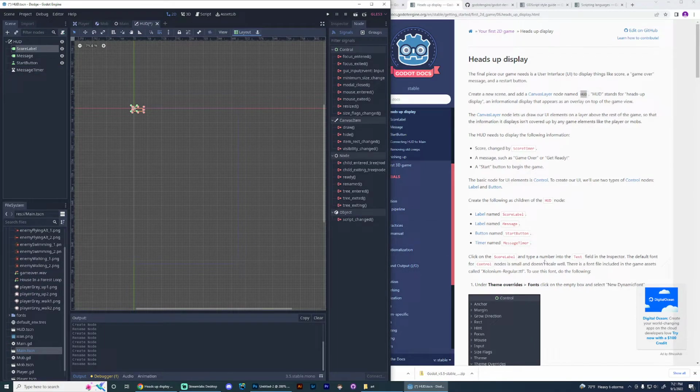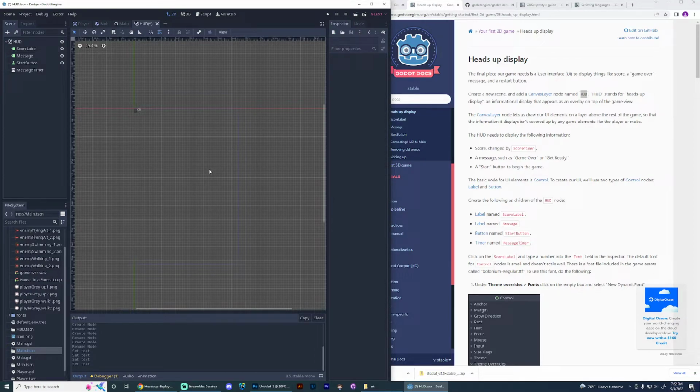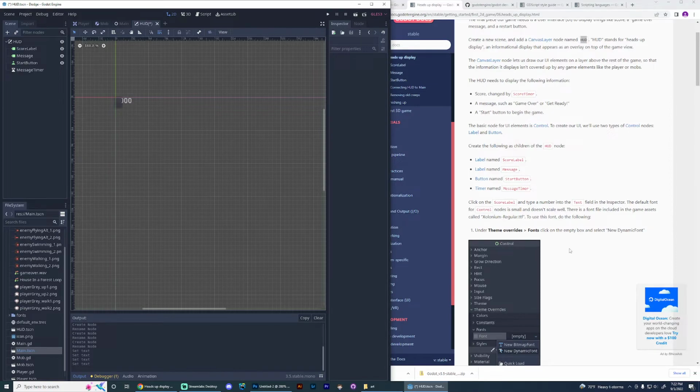Alright. Type a number into the text field in the inspector. So inspector text 1 to 1000. We're going to go for a big score. Alright. I'll zoom in so we can see it. Alright. The default font for control nodes is small and doesn't scale well. There is a font file in the assets, so we're going to use that. To use the font under theme overrides,